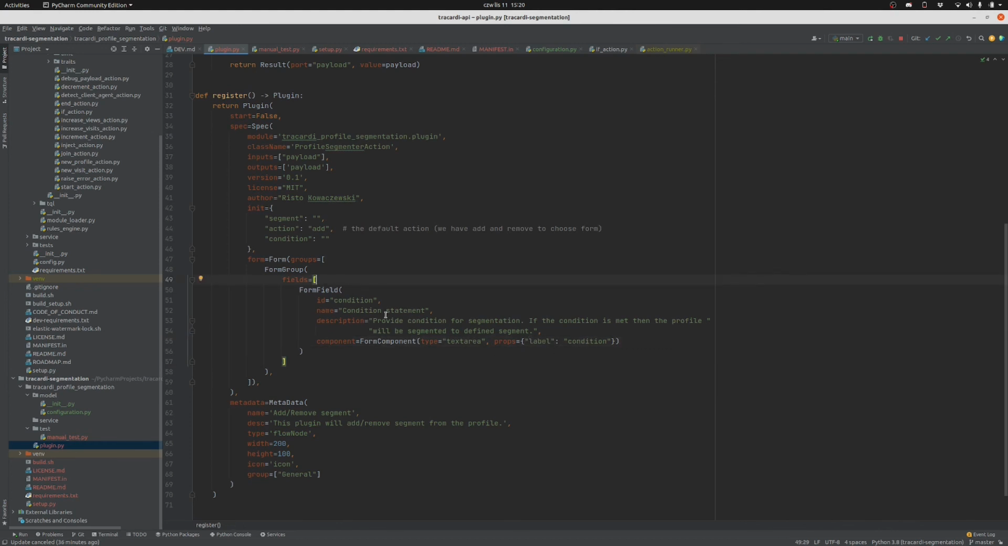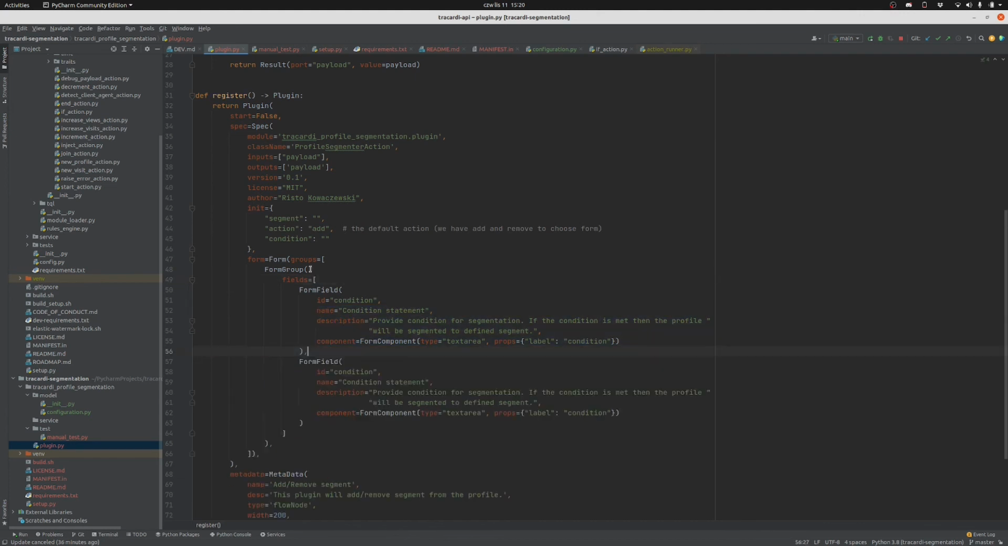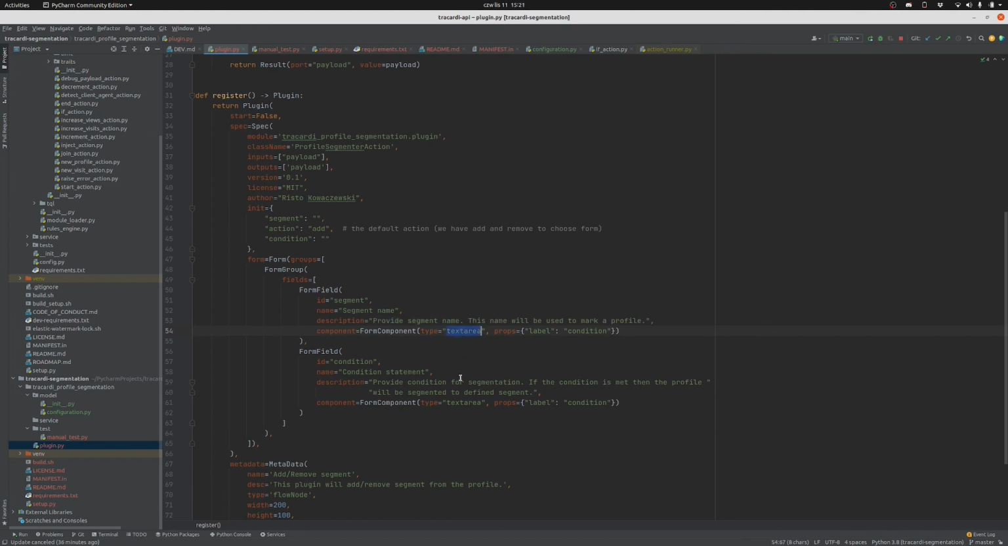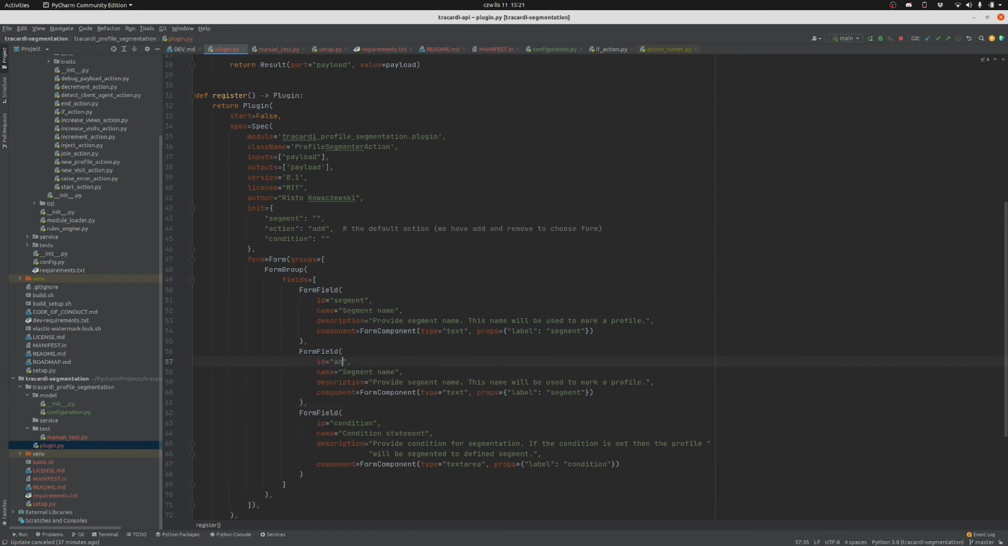Let's give it some more form fields. Copy it, and then we have a segment. Name it segment name, short description. We will not use the text area this time. This is just a simple text. The label, we name it segment, and we have an action. Okay, action. Remember, you have to match the ID with the key of the init, and this time